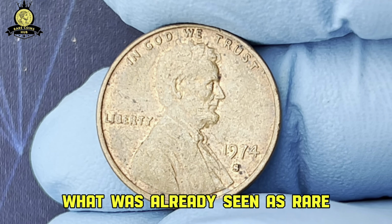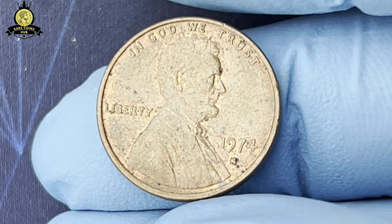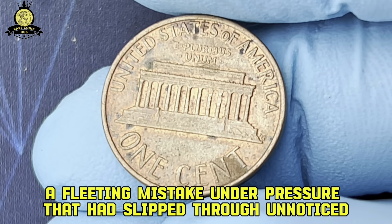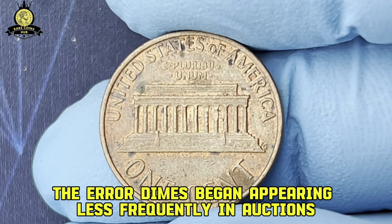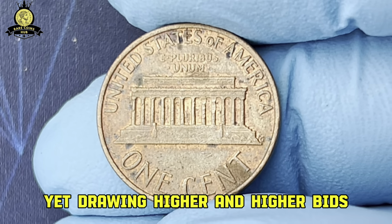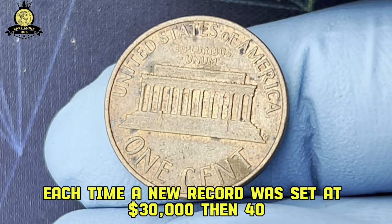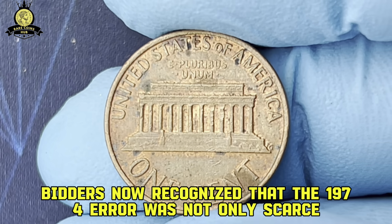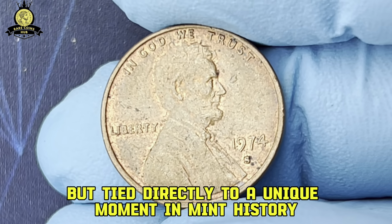What was already seen as rare was now understood to be a documented and deliberate moment of mint history, a fleeting mistake under pressure that had slipped through unnoticed. After this revelation, the error dimes began appearing less frequently in auctions, yet drawing higher and higher bids each time. A new record was set at $30,000. Then $40,000. Bidders now recognized that the 1974 error was not only scarce but tied directly to a unique moment